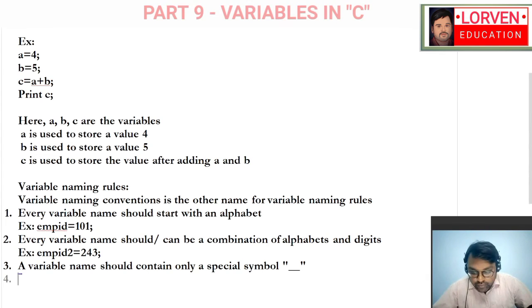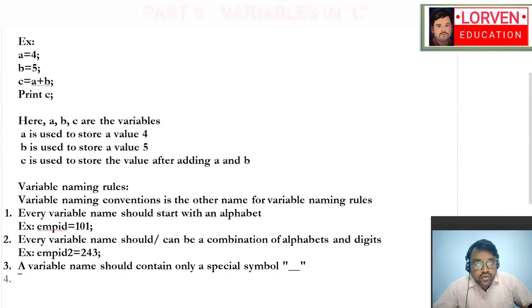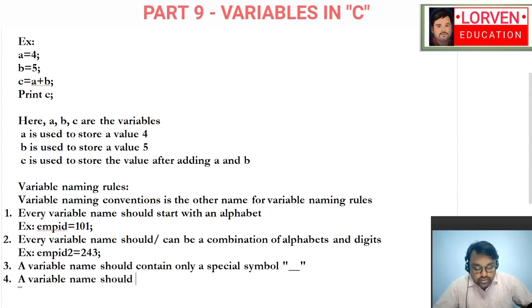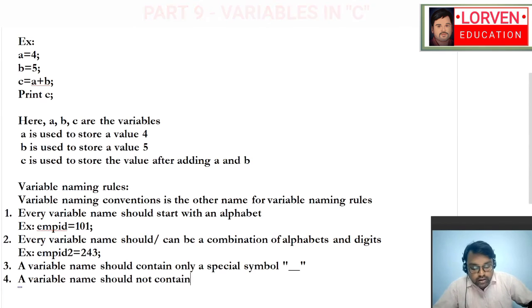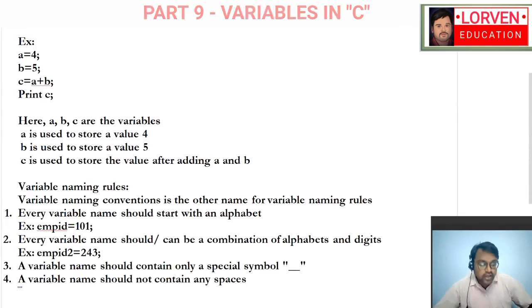Now we are talking about the fourth point. Any variable name should not contain any spaces, right? That means if we have a variable name that is a combination of two or three words, then the words can be combined with an underscore. I will give an example.